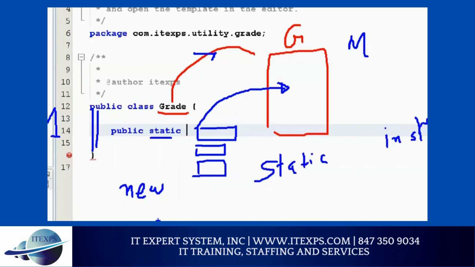Now, if I don't do static, then each program will have its own copy. It's a little harder topic, I'll cover it later. Static means as soon as your program goes in memory, this method will come in memory, so it goes along with the program. It's a good thing, but you should not make everything static, because it will take up your memory and your program will become slow. We'll talk about that in detail with examples so you will understand.